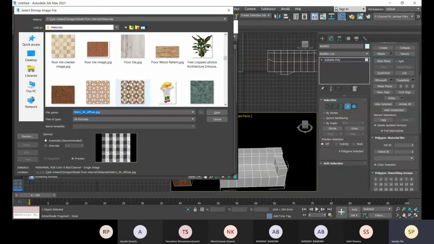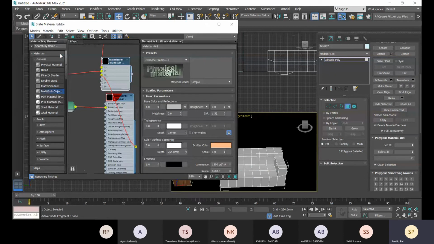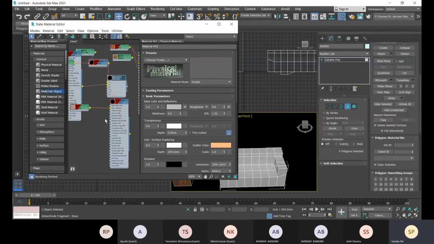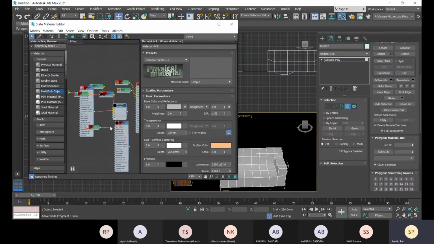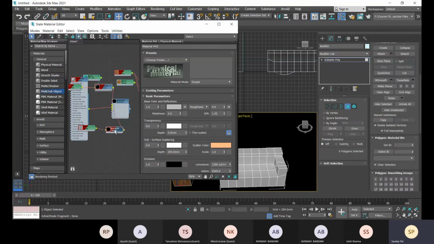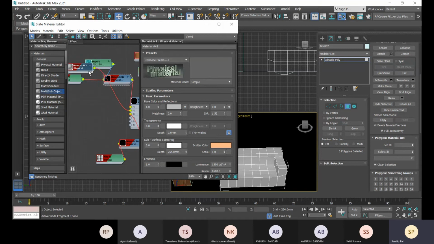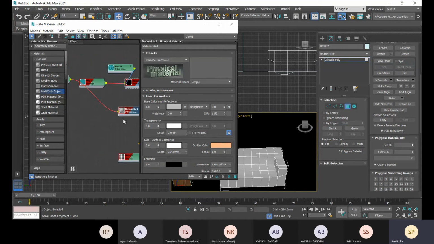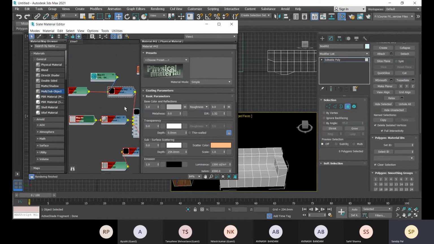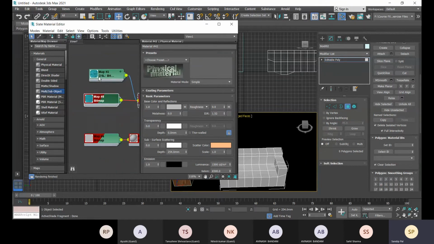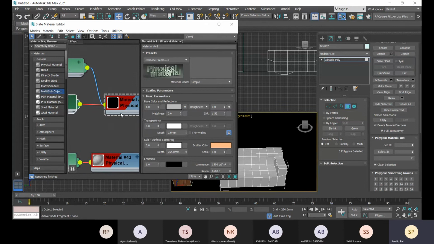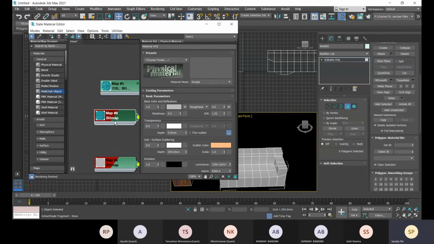Let's see, according to the same change. So we have assigned two bitmap.